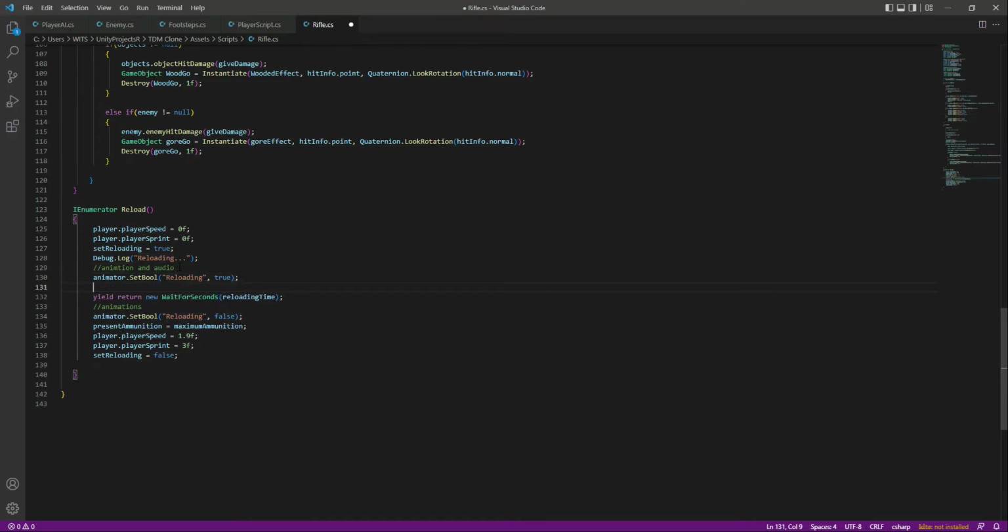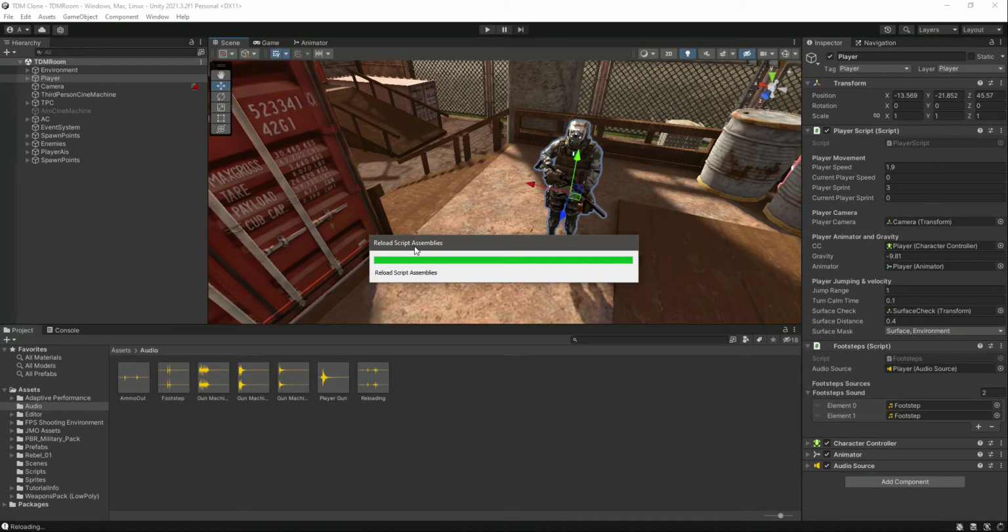So after this reloading animation we will say audio source dot play one shot, and we want to play the reloading sound. That's it. Save it, get back to Unity